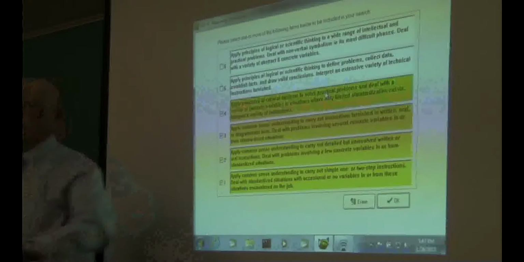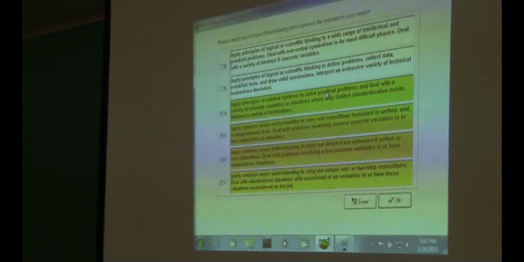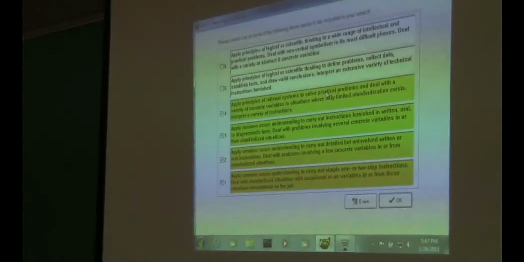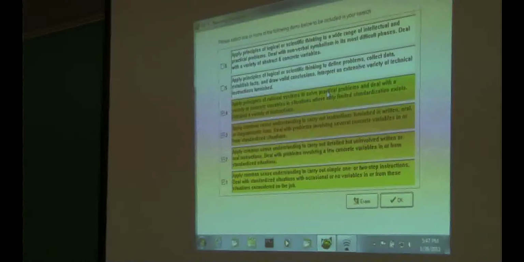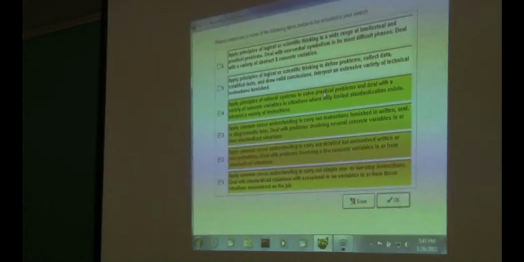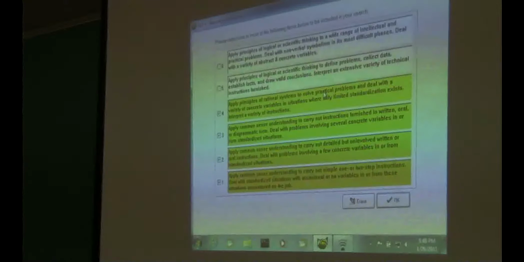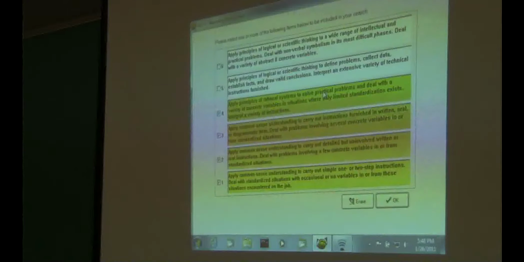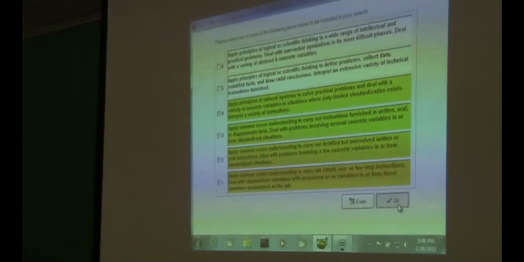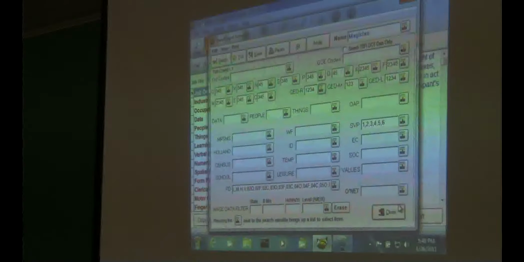I'm trying to avoid getting into the stats. Not because I don't think you'd understand it, but I don't want to go too far with this, because my job is to show you why you want to know some of the things that are in these courses, because they really do matter. When I took my first assessment course, I thought it was crap, that we had to write all these reports, and look in the back of the manual and understand the validity, reliability, and the different kinds of validity and so forth. And so just to run through these: